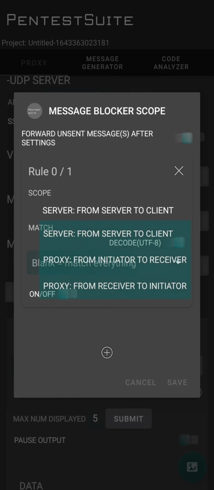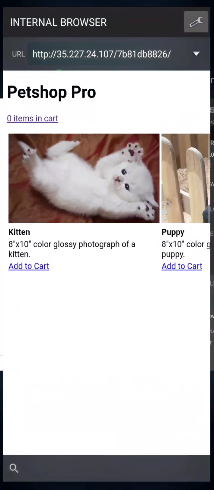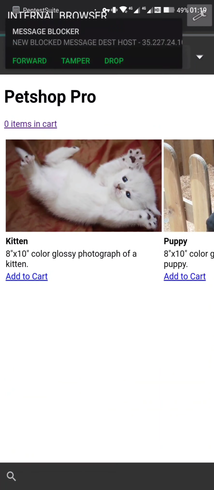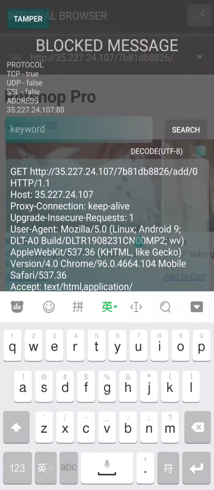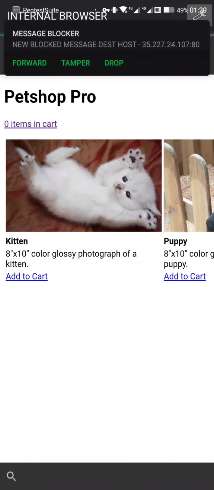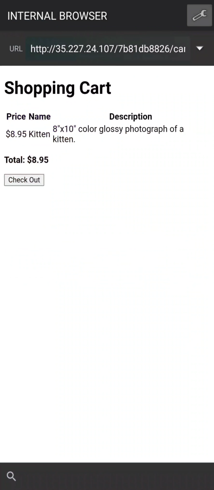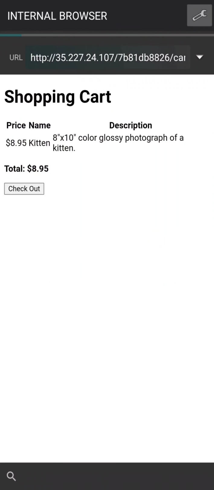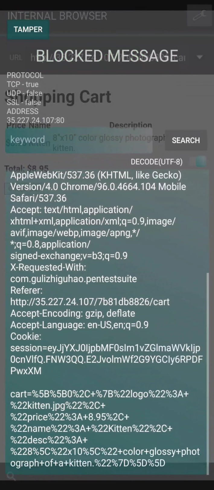Because if you have this feature, you can just focus on your target. You can first specify the blocker rule and focus on your target, wait for the notification to come, click the tamper button and tamper the data. Also check the data. You can see we use this feature to catch the flag. And we try again. Change the price